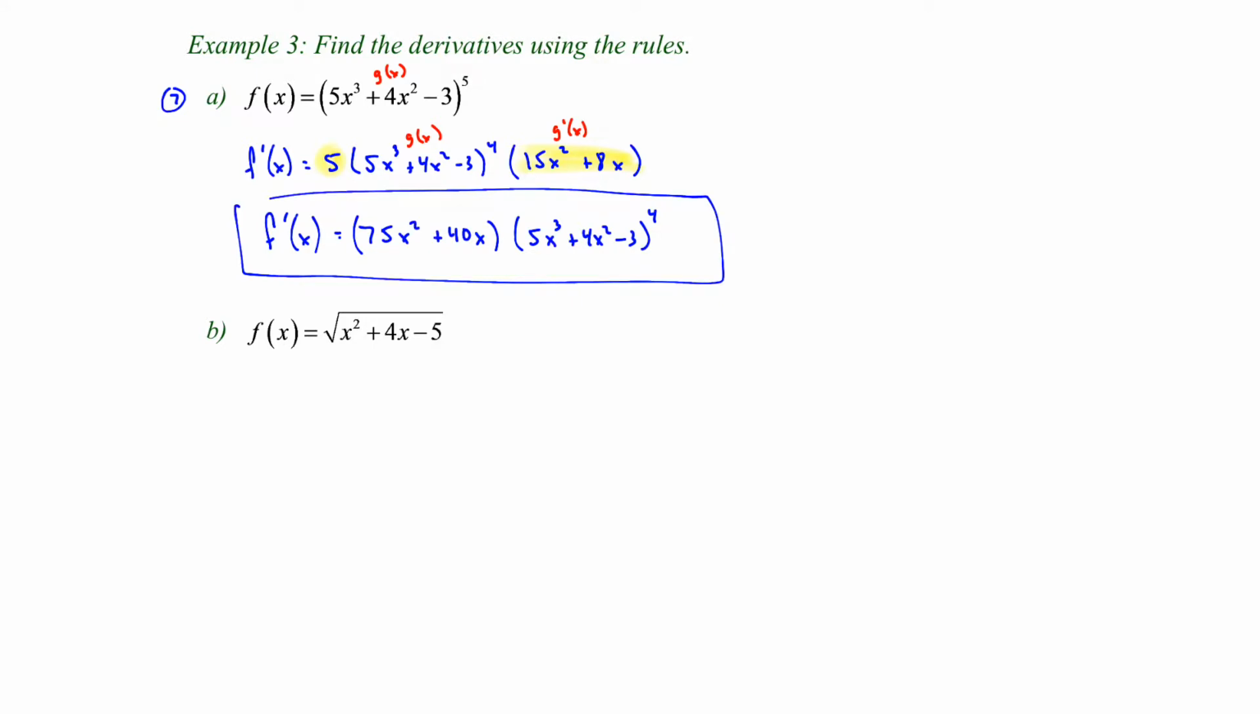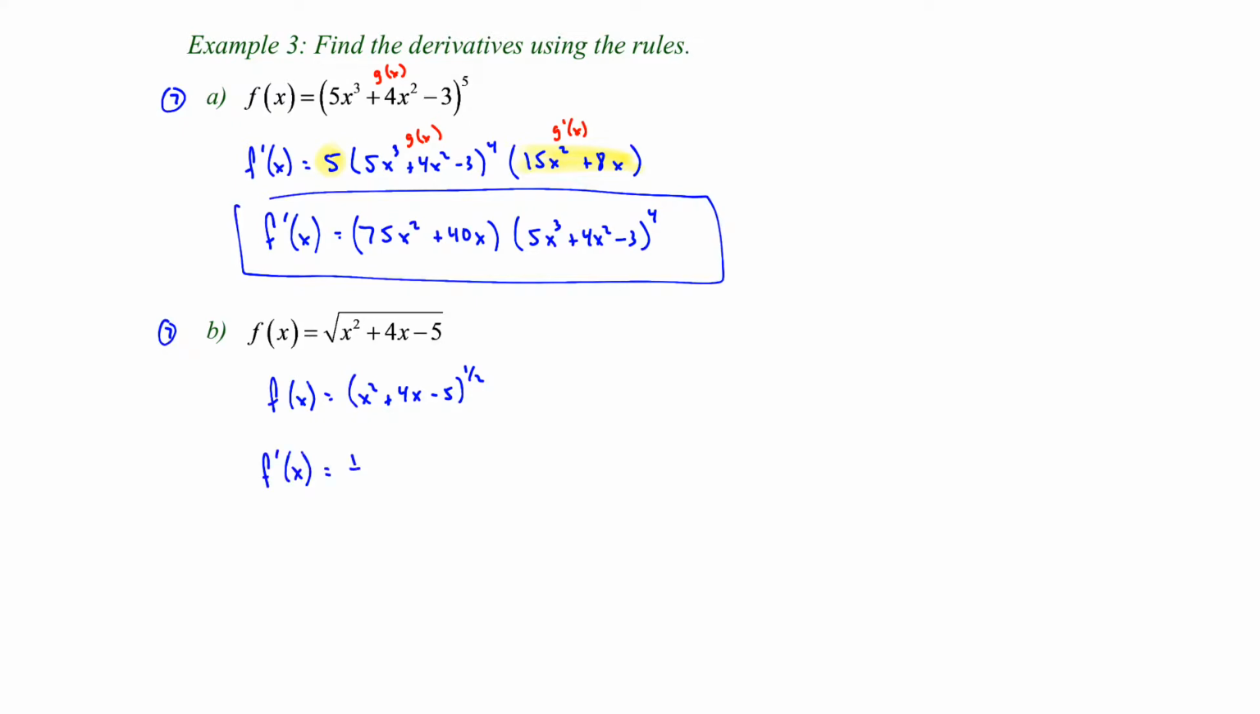Alright, on example 3b, we're actually going to use rule 7 again, but we have to look at it a little different because it is a radical. How do we rewrite the square root of something? Well, we can rewrite it as a power, which is to the 1/2. So now we will use rule number 7 again,